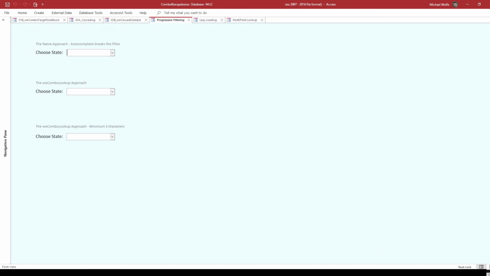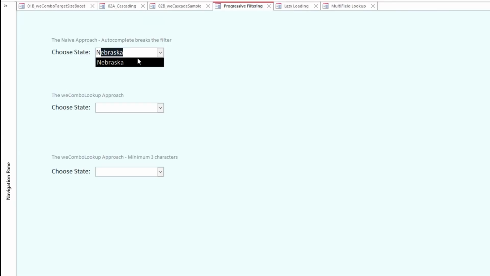Next up is progressive filtering. This is the filter as you type, and if all you're doing is updating the RowSource, then you start bumping into different edge cases. One thing that you bump into is the autocomplete. If I press N, it's going to autocomplete the rest of that value. And so now it's using this entire text here to filter, and it's only showing the state of Nebraska. And if I continue typing and I type in New, now it shows all those other things that match the New. The problem now is that if I press the down arrow key, say I wanted to get to New Mexico, as soon as I press the down arrow key here, it's going to select New Hampshire